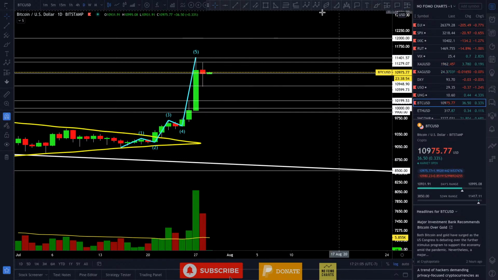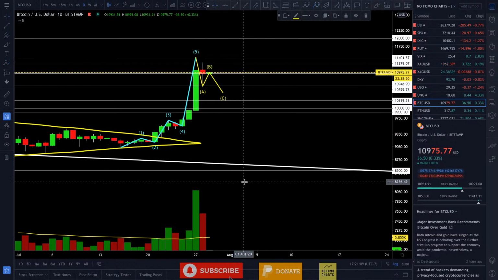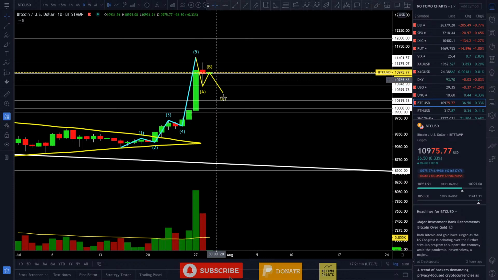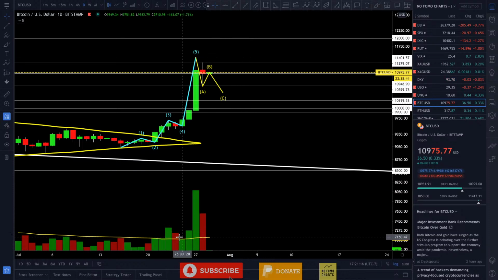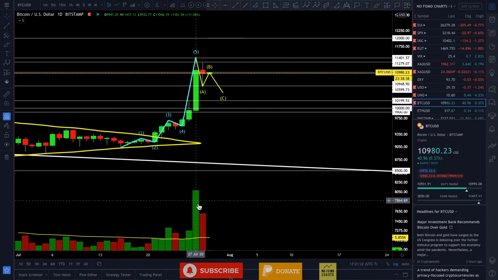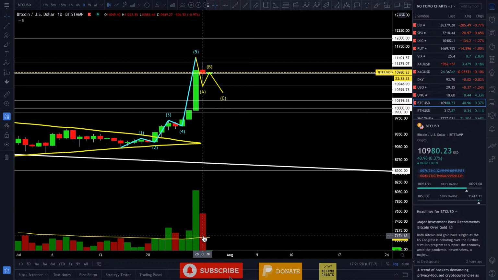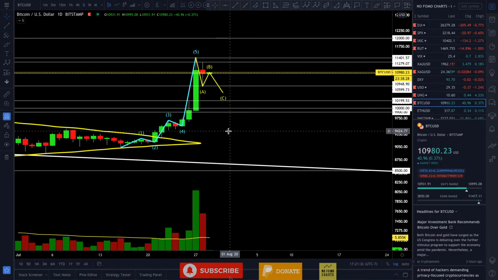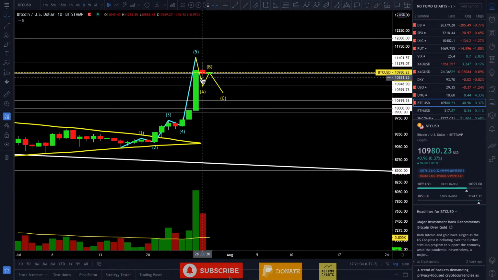So again, the big question is this, are we going to get continuation and follow through? Or are we just going to get an ABC downside correction? Because yes, there's volume, but it's not really a buying climax. It's just large buyer volume on this one particular day yesterday. And now you have large seller volume, right? But is there a huge